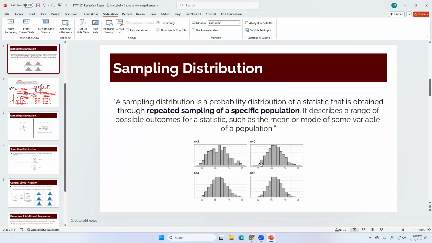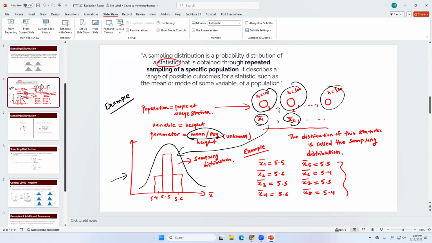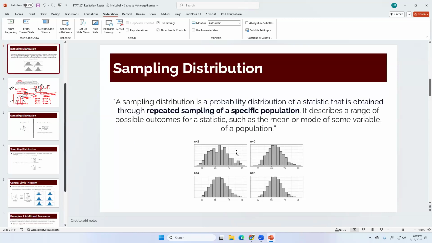What I mean by this is, you can look at this picture. When you only sample 2 people repeatedly and calculate the average and plot its distribution, you see that it's not so much normal, right? It's going all over the place. You increase the sample size to 3, and then you see that it's becoming a sort of normal distribution. You increase the sample to 4, more normal. So the more n you have, the more people you sample repeatedly, the more normal the sampling distribution becomes, okay?